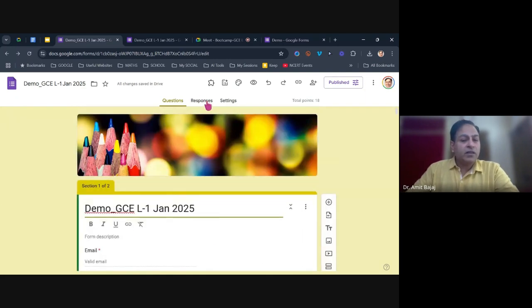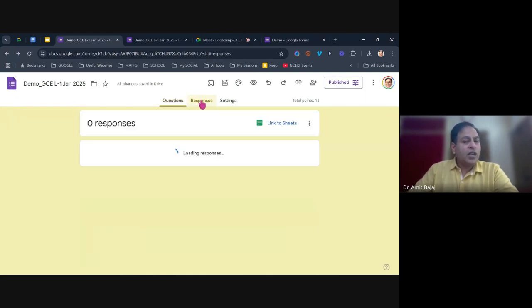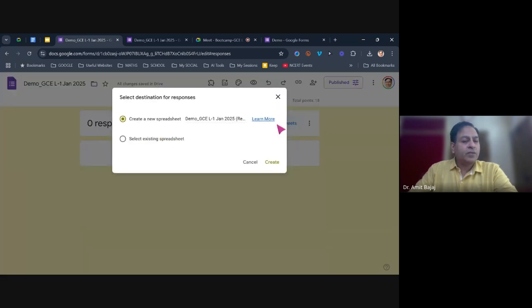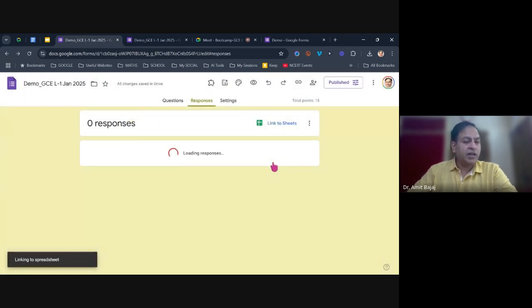Lastly, when I come to responses, how am I getting the responses? When I click on responses, you see 0 responses because I haven't shared this form with anyone. No one has tried this. When I click on link to sheets, it will ask me to create a new Google Sheet or select an existing sheet. Generally, we prefer to create a new sheet. When I click on create a new sheet,